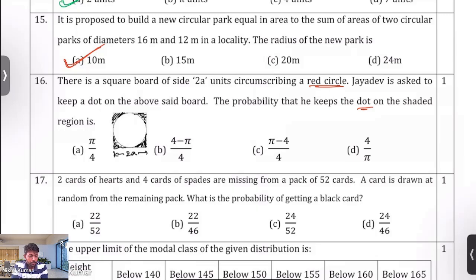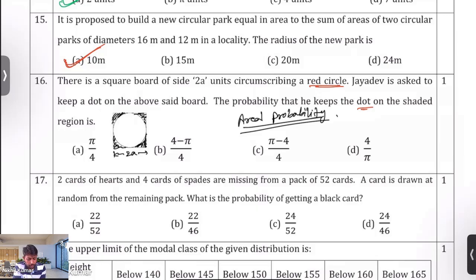What is the probability that the dot falls in this region? I'm sure you remember areal probability, like probability calculated with the help of areas. Areal probability. The probability that the dot or the marker falls in the shaded region is simply